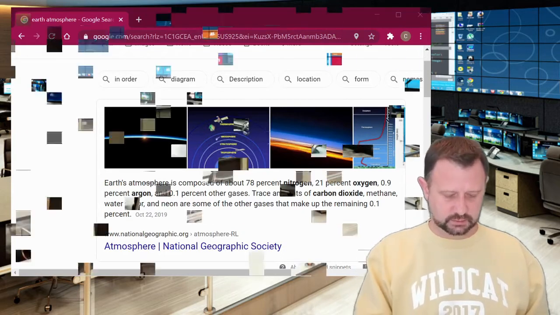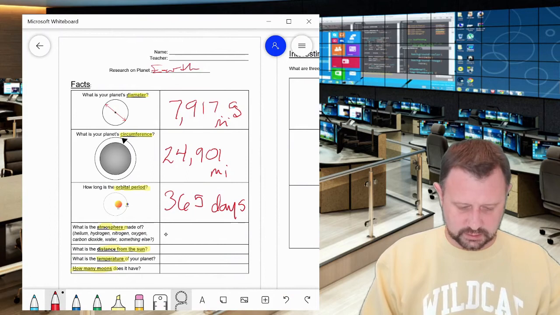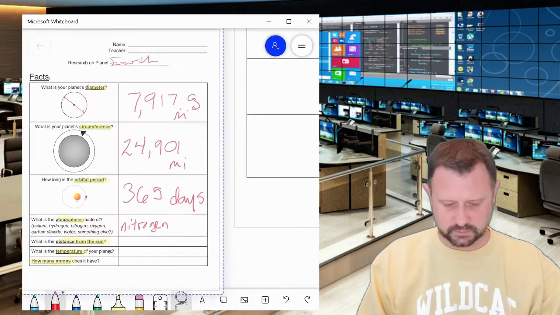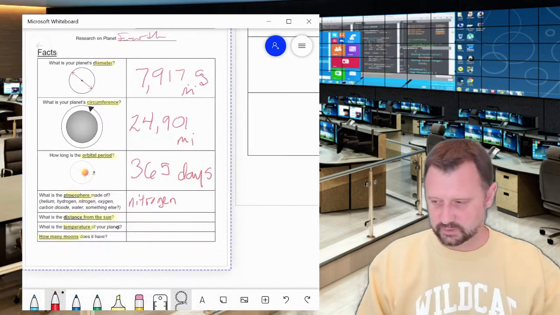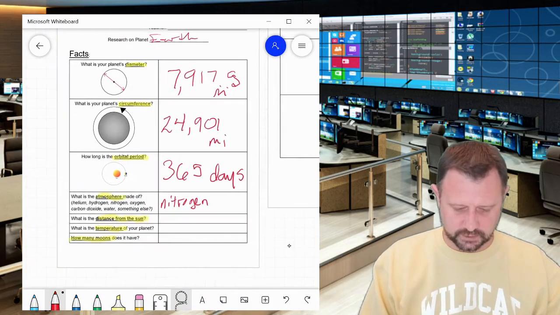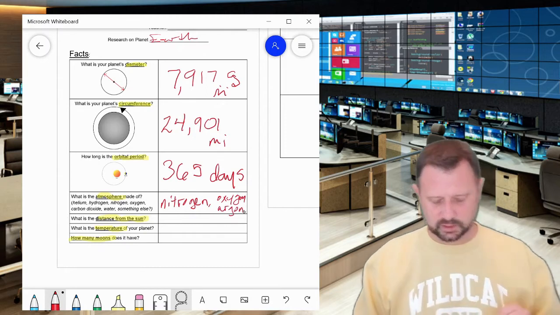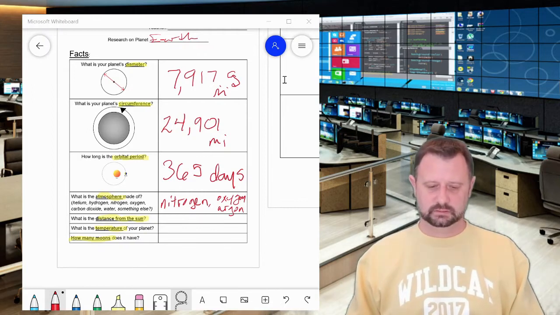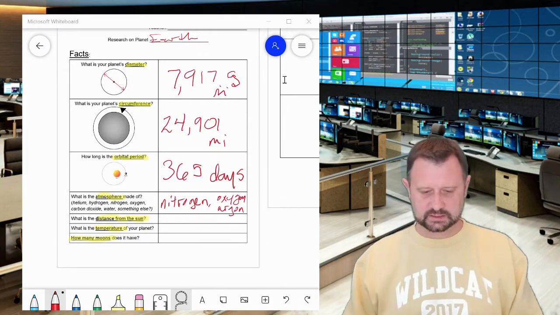That's an interesting gas. Nitrogen. Let's see if I can do this real quick. Oops, I'm messing everything up. Okay, that wasn't good. Sorry. Nitrogen, oxygen, and argon. Didn't know the argon part. Distance from the sun. All right, so once again, distance from the sun,